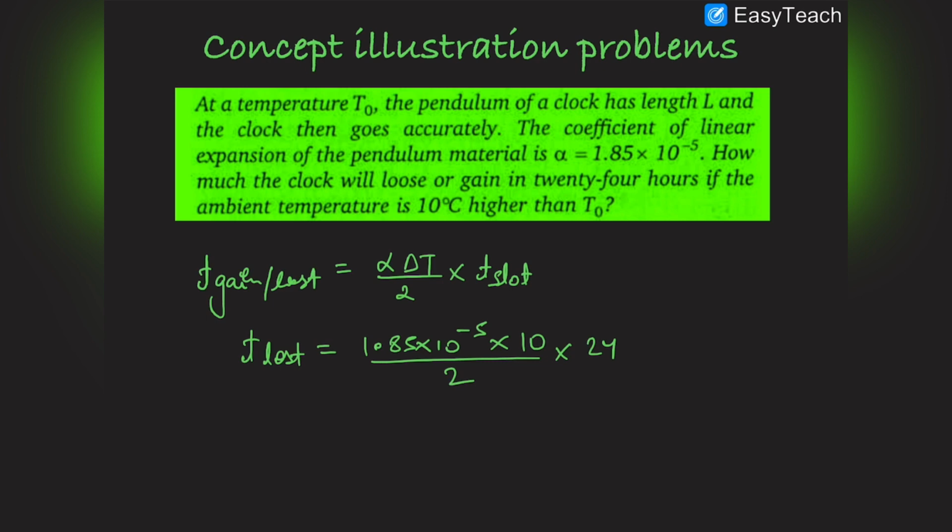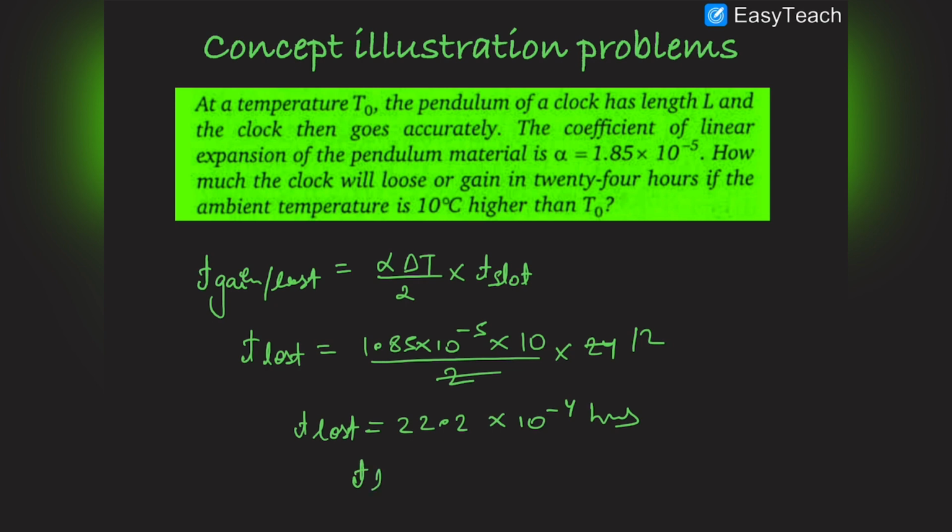So you can see that this is 12, and 1.85 into 12 is 22.2 approximately, and this is 10 raised to power minus 5 into 10 raised to power 1, that is 10 raised to power minus 4 hours. So this is the time lost,